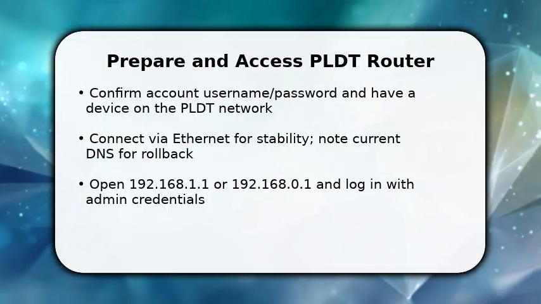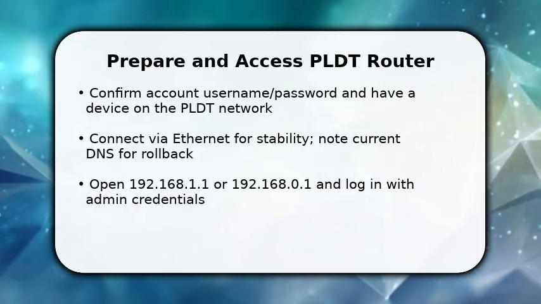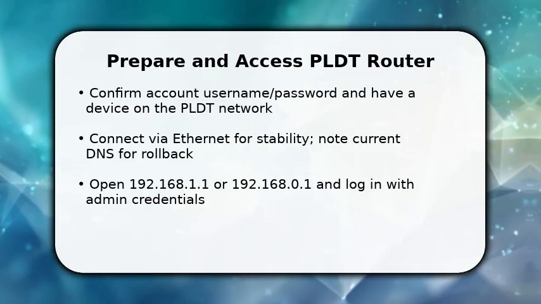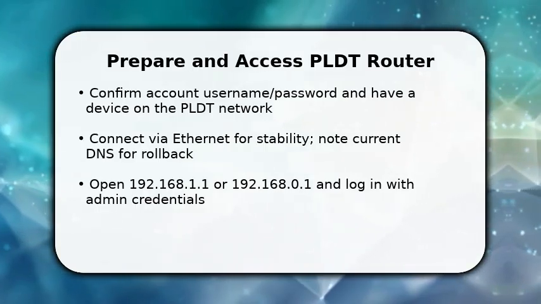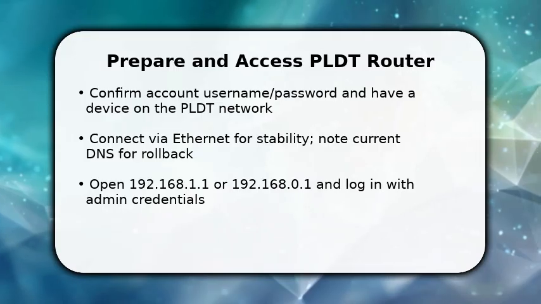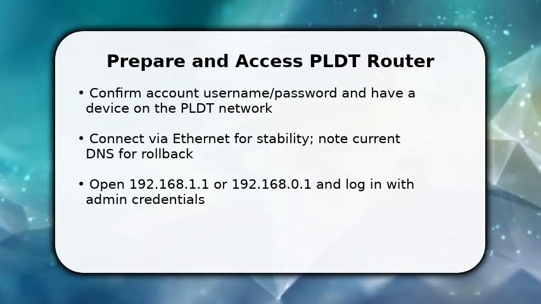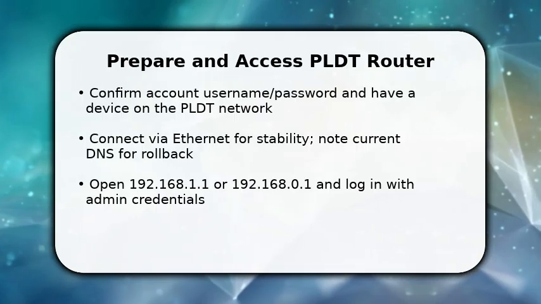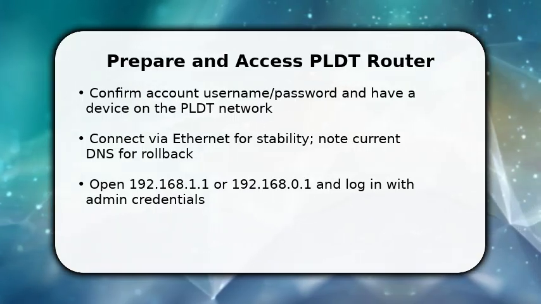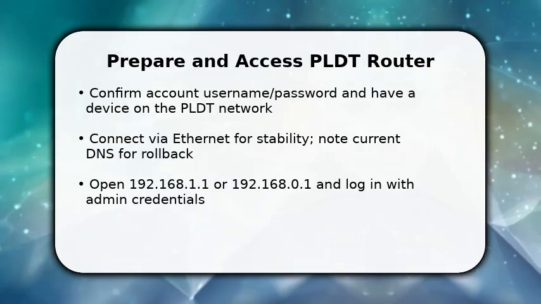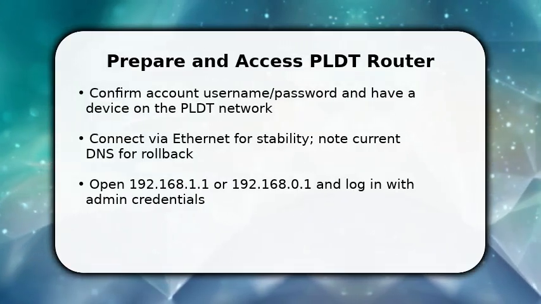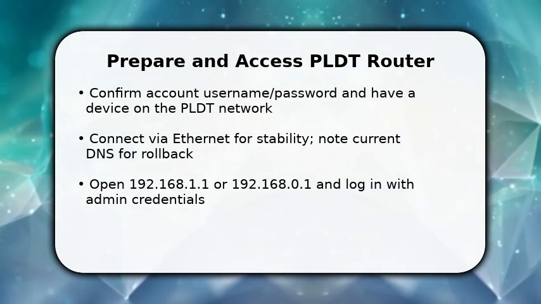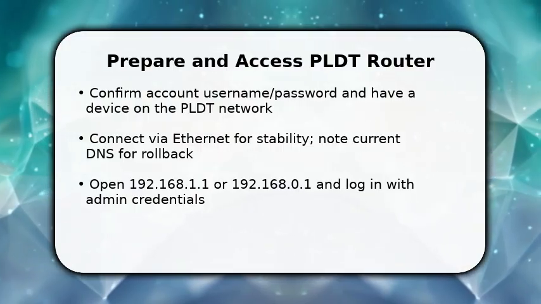You start by confirming you have the PLDT admin password and a device plugged into the network. Once logged into 192.168.1.1 or 192.168.0.1, make a quick note of the current DNS entries so you can revert if needed. Then choose a reliable DNS to use, for example, Google 8.8.8.8 or Cloudflare 1.1.1.1, and keep them handy. Finally, navigate to the router's settings menu, labeled WAN, Network, or Internet to begin changing DNS